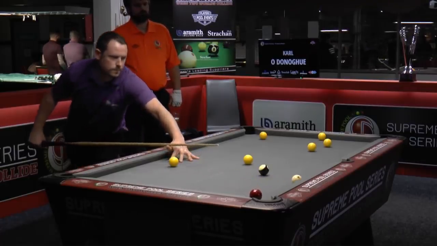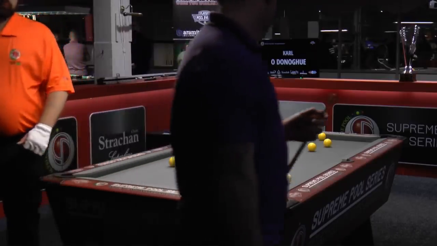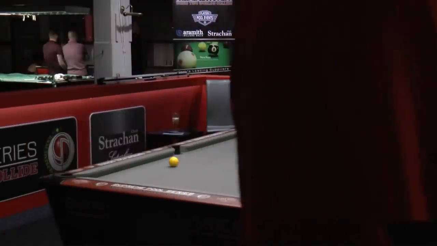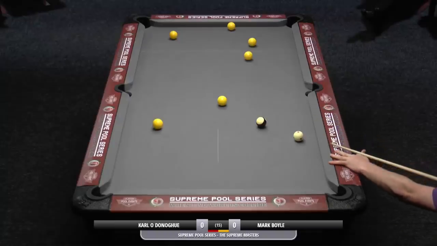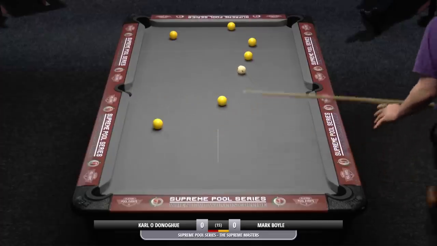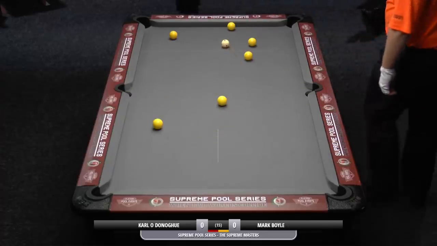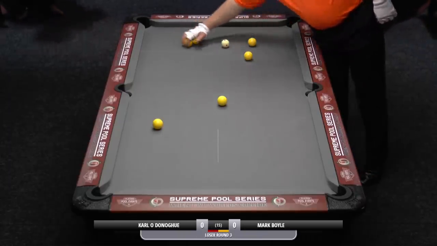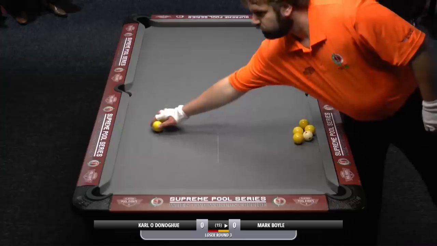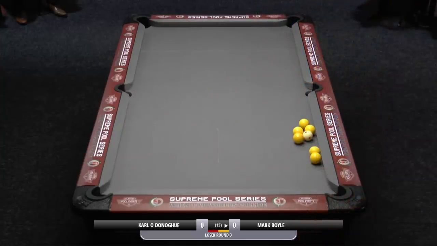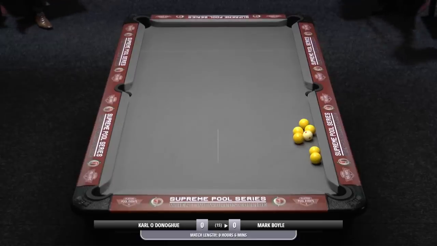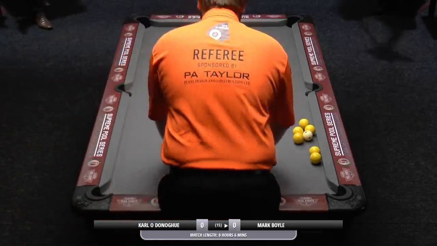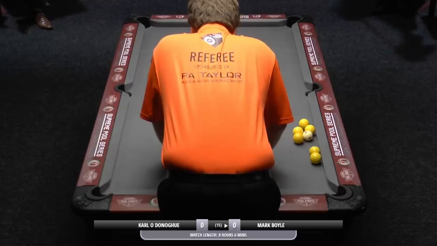So apologies, just missed the first couple of shots. This is Karl O'Donoghue at the table. He's playing Mark Boyle. This is a losers, I believe, I think it's a losers round 3. Let's have a quick look. Yeah, losers round 3. Karl O'Donoghue breaks first,